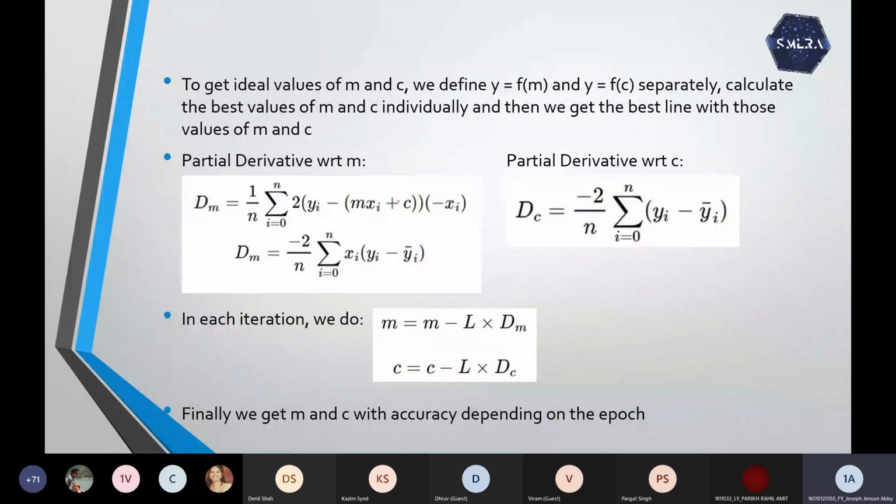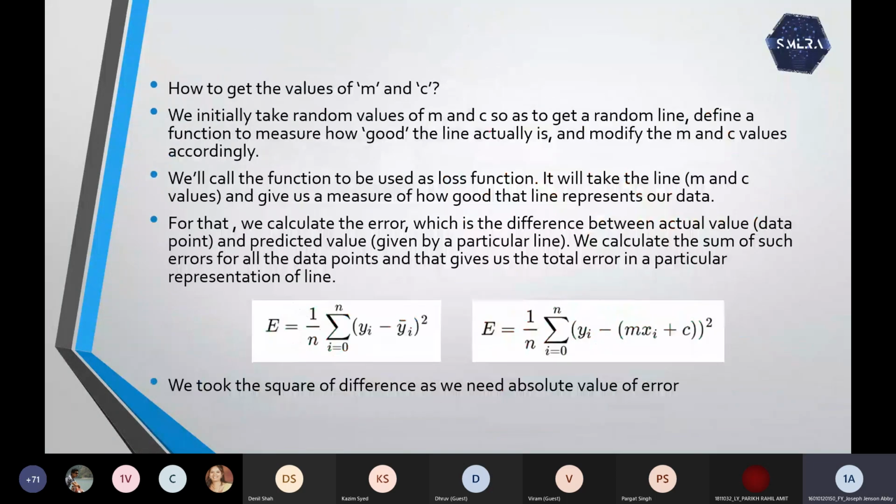All right. So that is what I have. The function here we have used is this, correct? We need to find the derivative of this loss function, 1 by n summation (yi minus yi bar) whole square. So we take the derivative. Now, if you substitute the yi bar, the predicted value, our line equation is what? y equal to mx plus c, correct? This is the individual data value. This is our predicted value which the line is giving. What is the y value? y equal to mx plus c. Just substitute that.